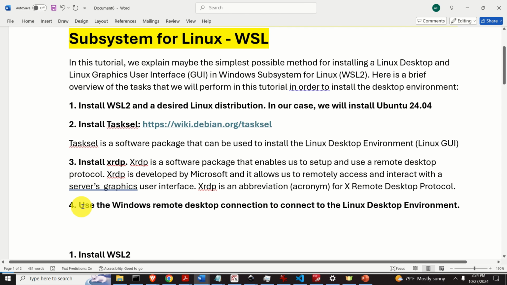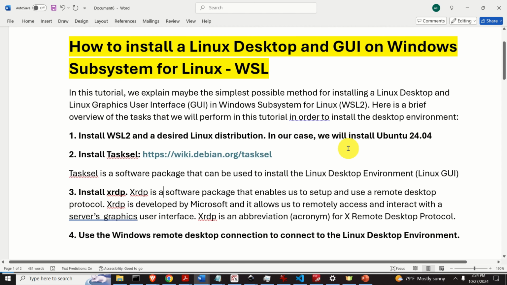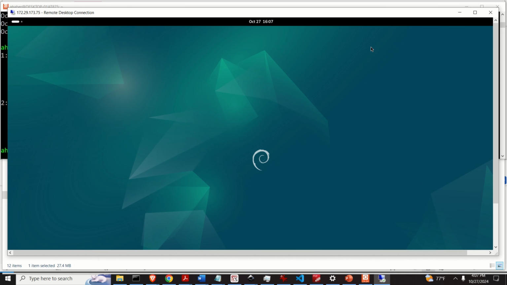And finally, we will use the Windows Remote Desktop connection to connect to the Linux desktop environment. And in this way, you will be able to use Linux desktop inside of WSL2. By the end of this video tutorial, you will learn how to run a Linux graphics user interface inside of